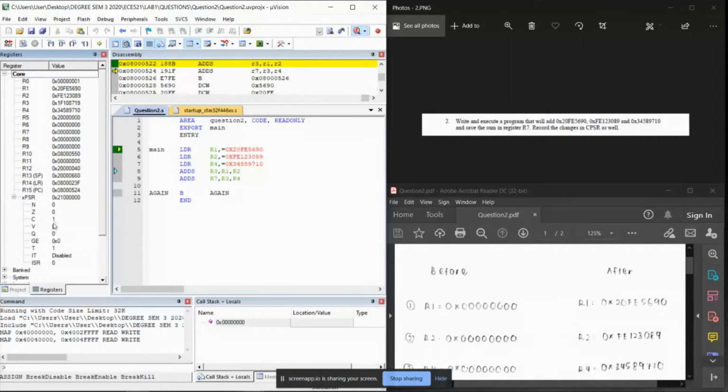Yes, we can see that the value of R3 has a carry. So this is because it has a carry. So the value of C equals to 1. So next step is,